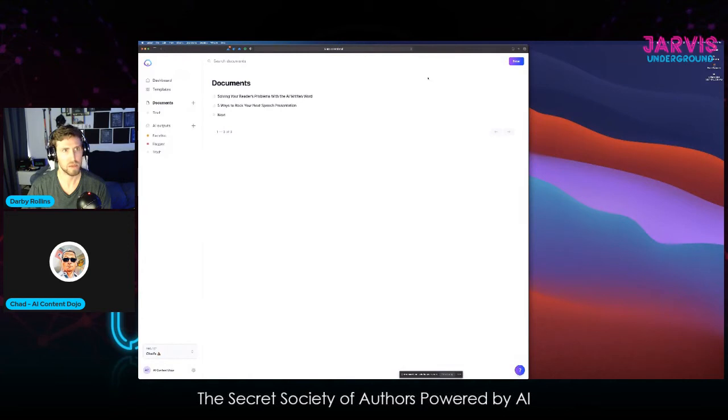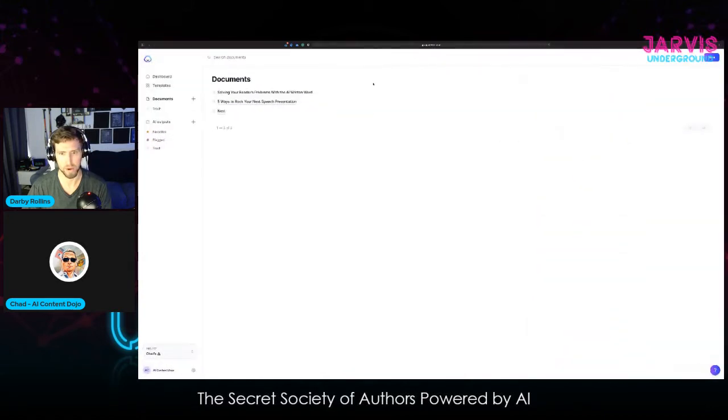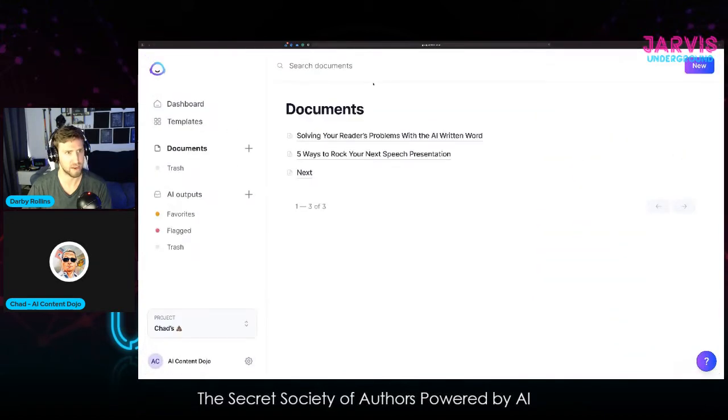It should be up right now. I think everyone can see this. Right now, I'm not seeing the stream, so I don't know what everybody sees. Do you see where it says documents solving your readers' problems? Yes, I do. It is a little bit blurry. Would you be able to zoom in a little bit? Everyone in the crowd right now, can you see the document screen?